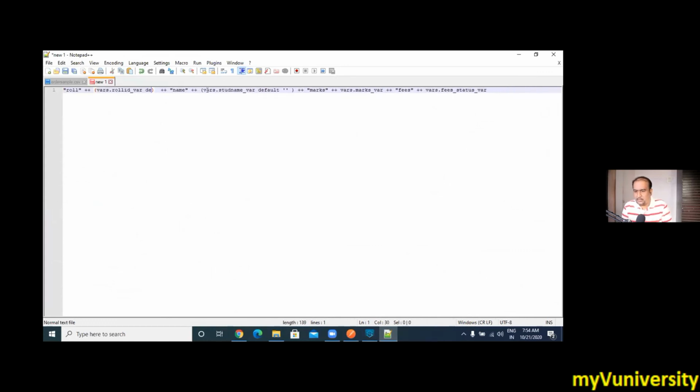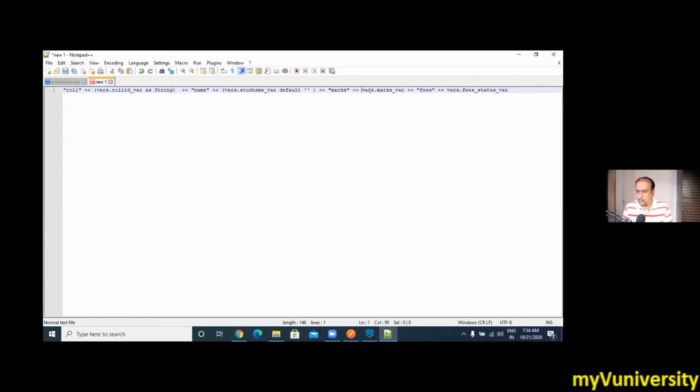Remove default 0 and just say as string, S capital. It's a Java class, the String class, S capital. So we are converting that roll number into string so that in concatenation, if required for null, we can add a default thing also. But as of now, let it be this one. Marks also, you do the same thing, as string.